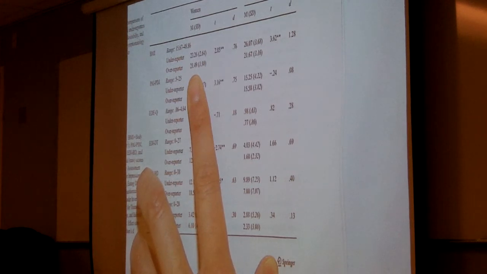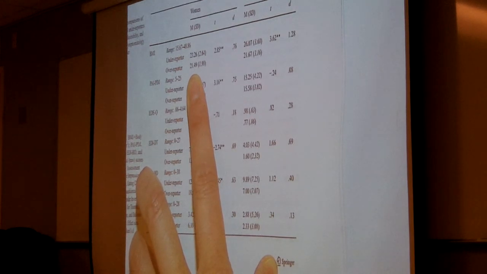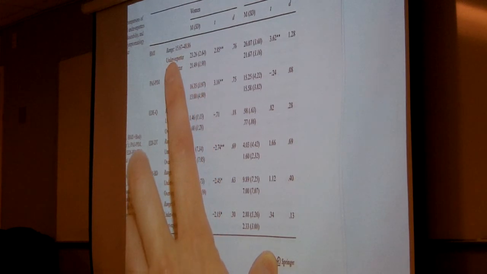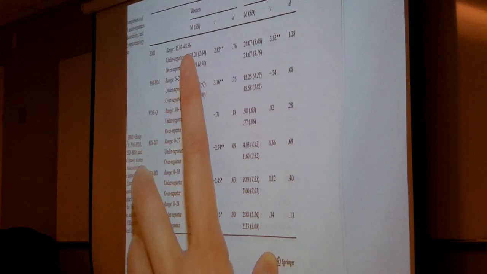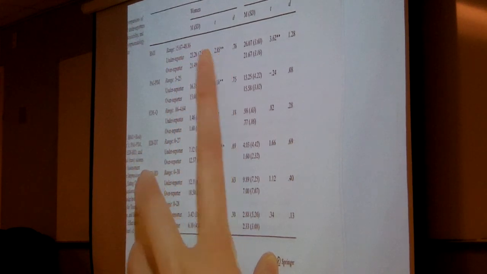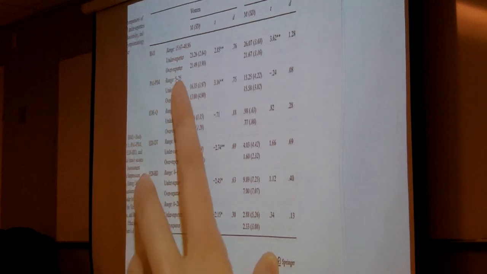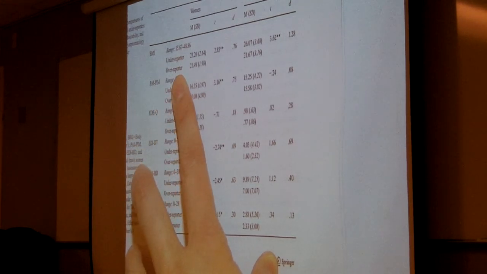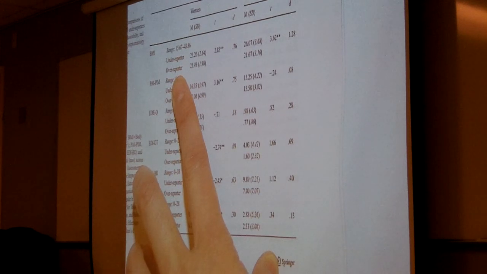Think about our 4-point strategy. When comparing women, those who underreport their weight have significantly higher BMI scores than those who overreport their weight. That's what you should be able to do looking at a table like this. You should be able to tell